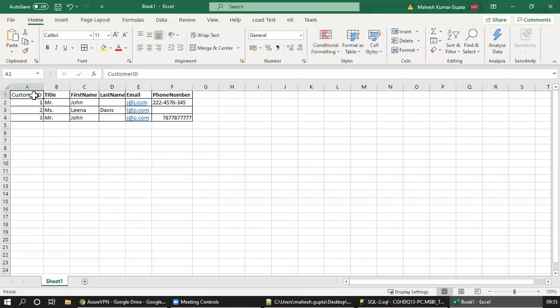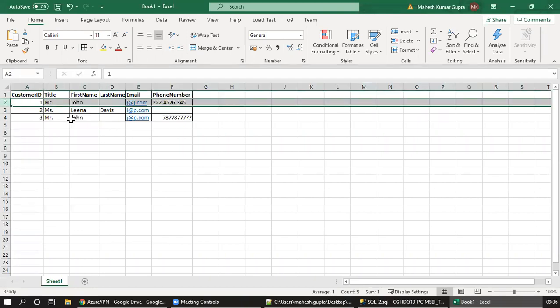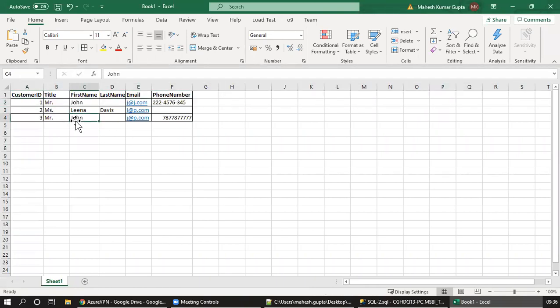And this will be our column. Actually, with name, you can have thousands of records, thousands of first names, and many of the first names will be similar. So in that case, it is not possible to decide the uniqueness of the record. To decide that, we have to design something in the database which uniquely identifies the record. So let's say I'm assigning customer ID 1 to John, 2 to Lena, and 3 to John. So it is clear that from this customer ID, we know this John is different from this John.